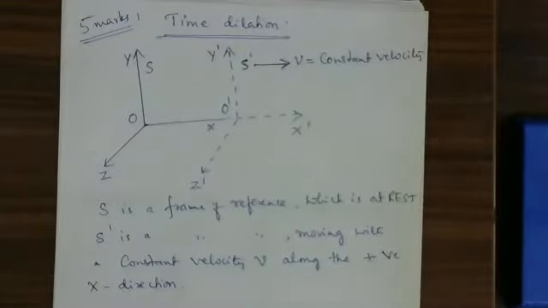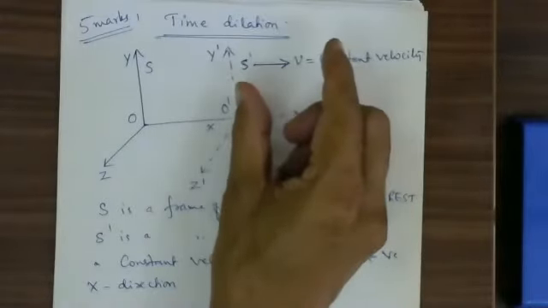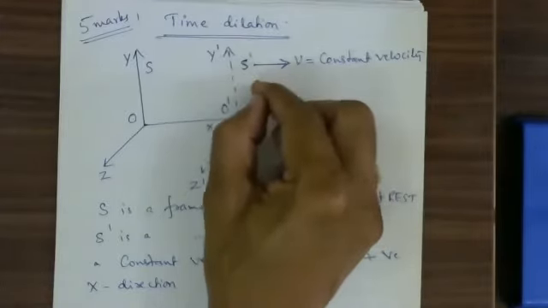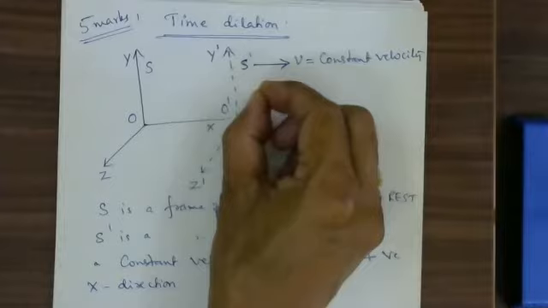Now, let us imagine we are producing a flash of light in the frame S dash. One flash of light. See here, understand, afterwards we can write. Notes will be given afterwards, no problem; I will issue the notes. Here in this S dash frame, using a torch or something else, we are producing a flash of light. One light energy, one flash of light has been produced.